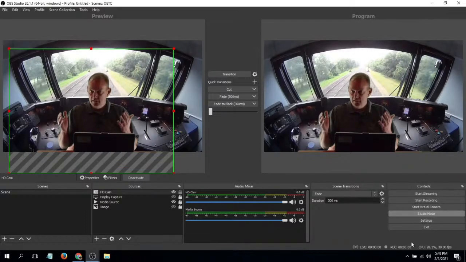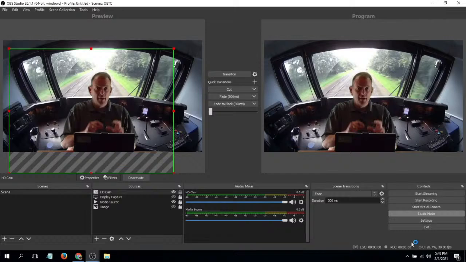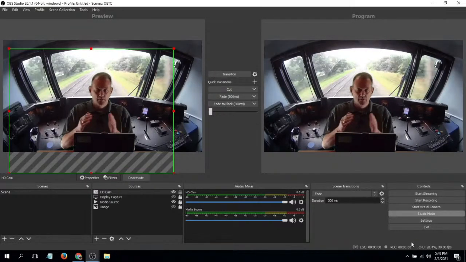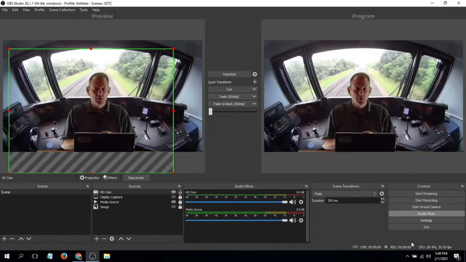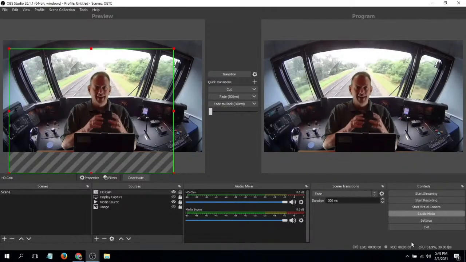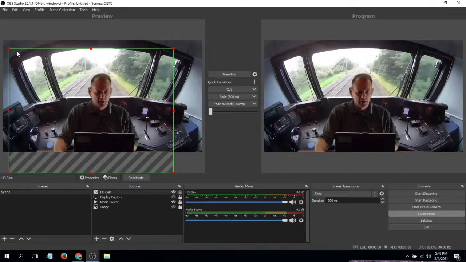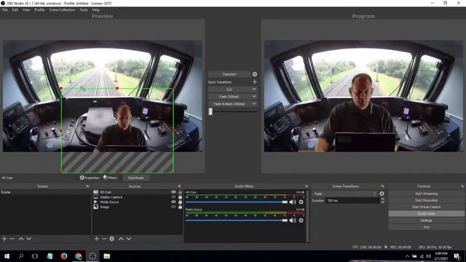So not only can you fade whatever media source you have, whether it's the screen or a video or a picture, you can also change the cameras as well when you're doing that. So whatever I'm doing on the left-hand side, once I hit fade,